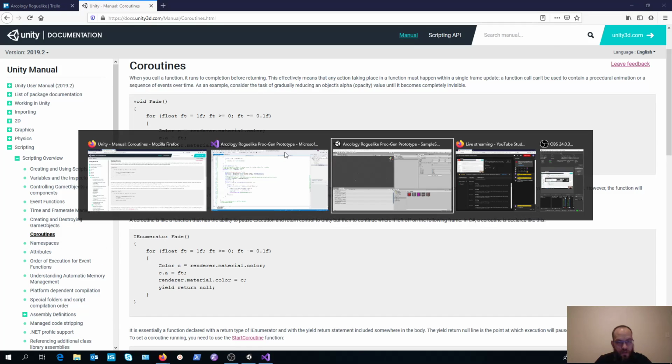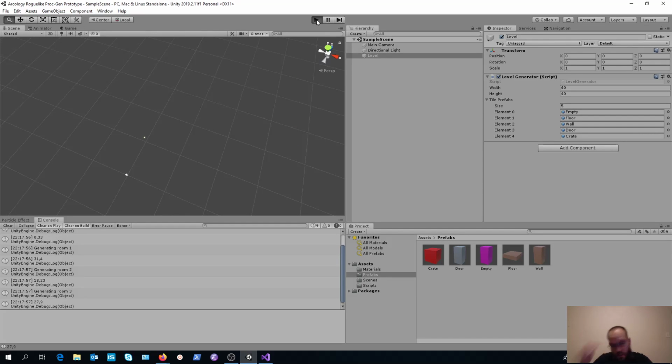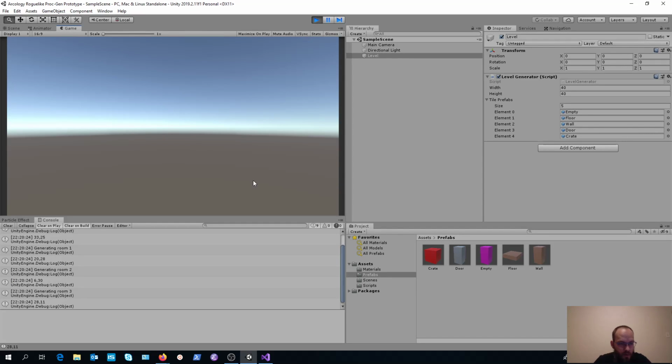Let's try this option. See if we can slow down the processing.